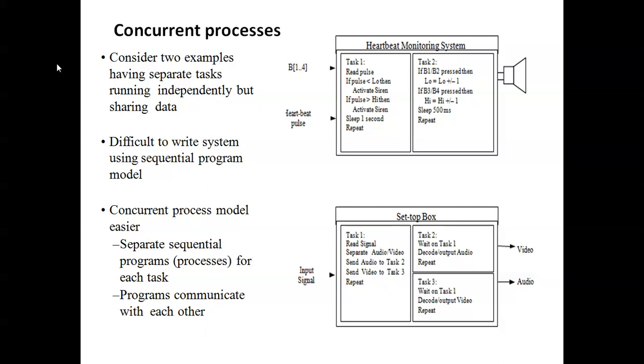In case there is no communication or data sharing between the two processes, then the sound will be in one place and the picture running in some other way. Then you can't watch that film or movie or program, whatever it may be. The total program will collapse. So concurrent processes have separate tasks running independently, and they communicate with each other, then the program works properly.